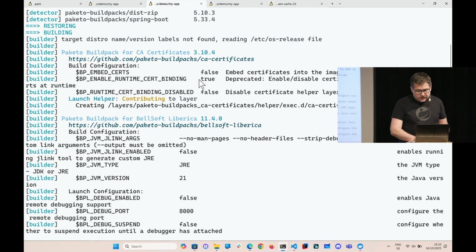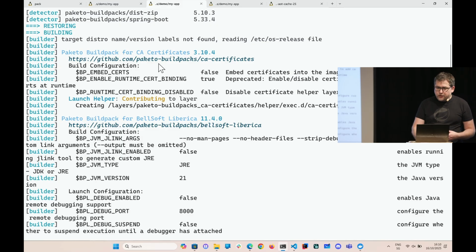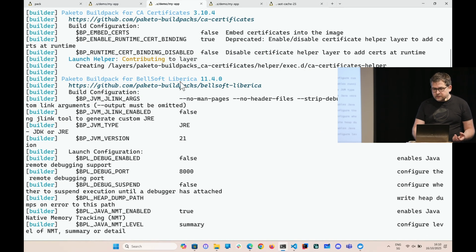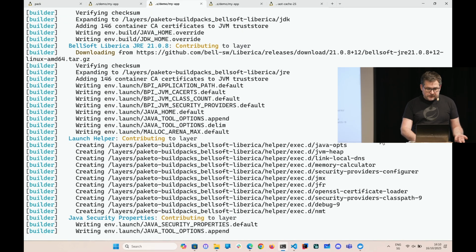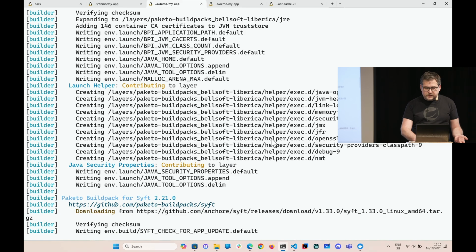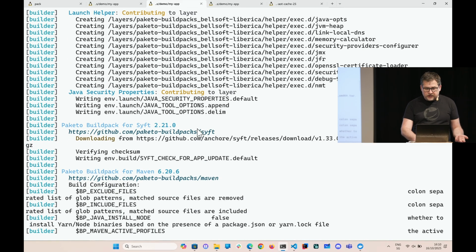Now actually, when you look at the steps, the first part is about adding certificates. Then you see the configuration regarding the Java version which is installed. It's the buildpack version, it's not the Java version. And you will see below that it's downloading the JDK for doing the build and the JRE as well for the run image. So we scroll down a little bit and you will see things, for example,